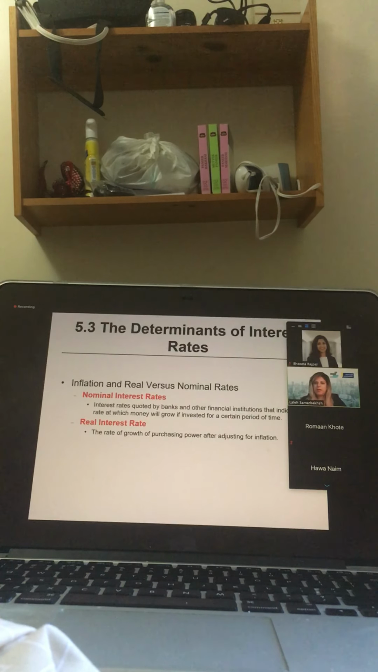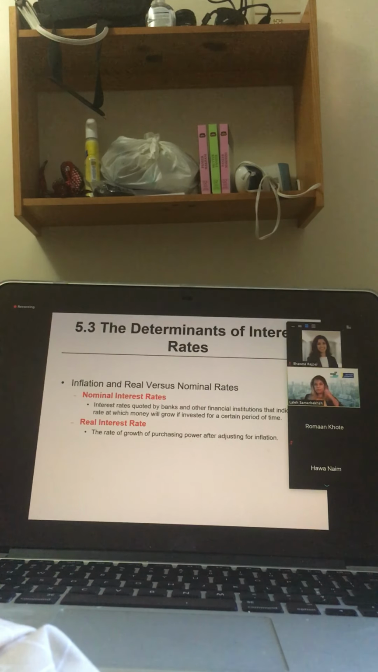Now let's take a look at determinants of interest rates. Inflation and real versus nominal interest rates. The nominal interest rates, just going over the terminology for you, are quoted by banks and other financial institutions that indicate the rate at which money will grow if invested for a certain period of time. So basically, nominal interest rate is all the rates that we look at these days. Real interest rate, however, is the rate of growth of your purchasing power